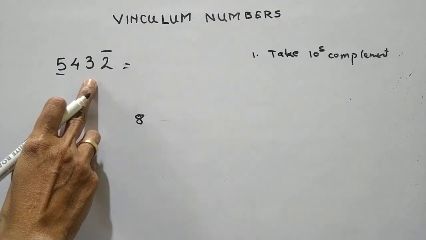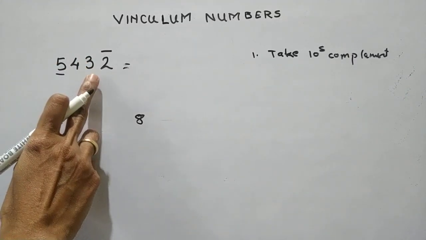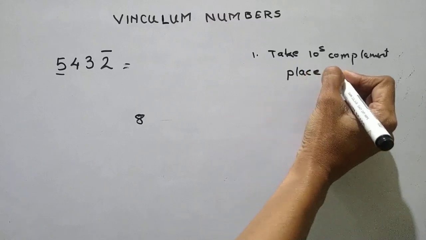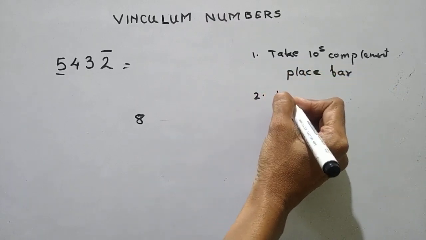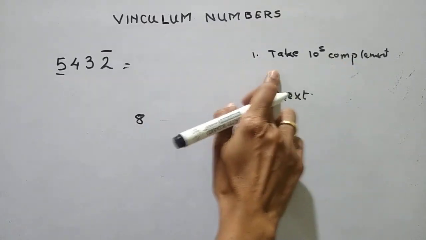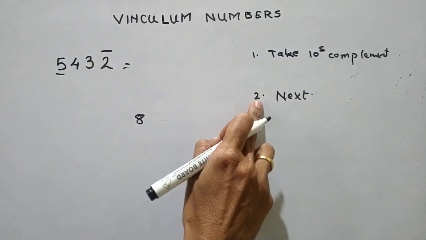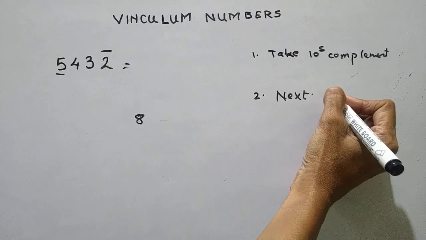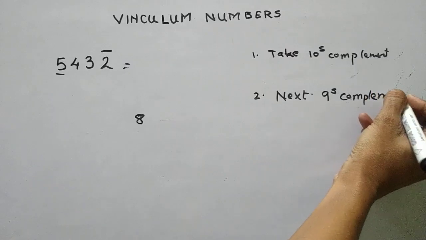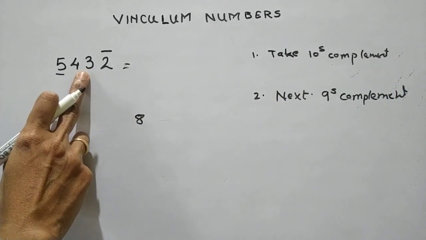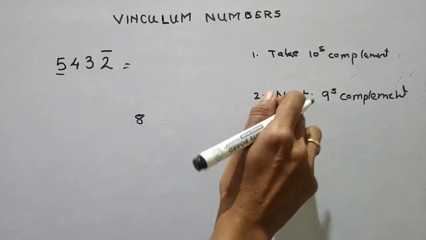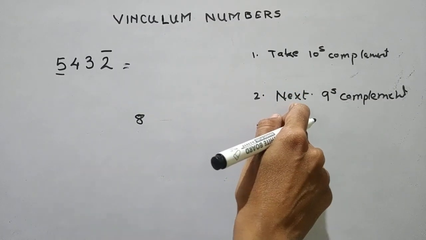Okay. Now go to the next digit. Now if the next digit is again having a bar, then we take nines complement and we remove the bar. But in this case the next digit is not having a bar. So what we do is we just skip this step, and the third step we take where we